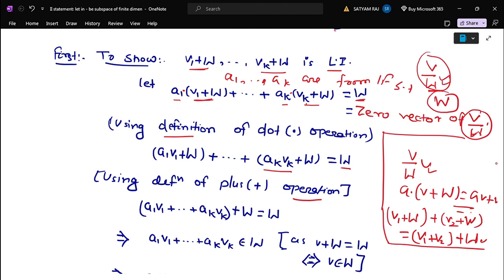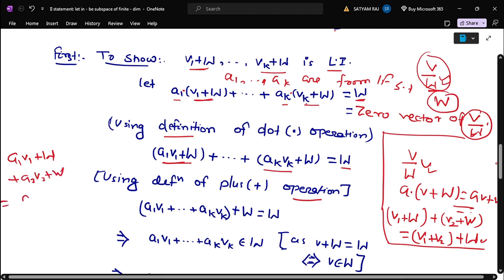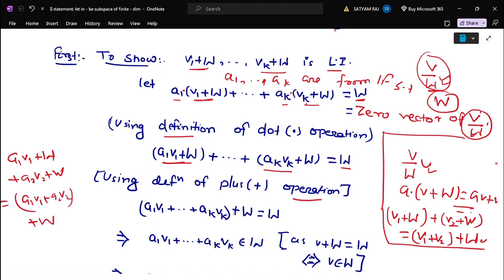Okay, so now if we add these vectors, what will be the LHS? If we add a1(V1 + W) + a2(V2 + W), what will it be? By definition it will be (a1V1 + a2V2) + W. So if we add two vectors, we get this vector. So if we add k vectors, we will get (a1V1 + ... + akVk) + W